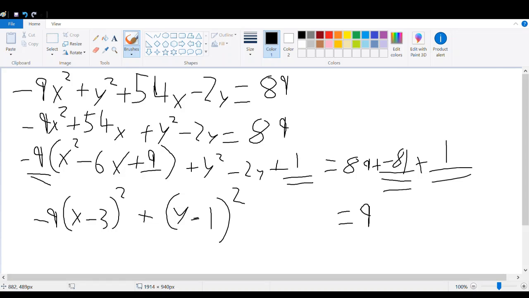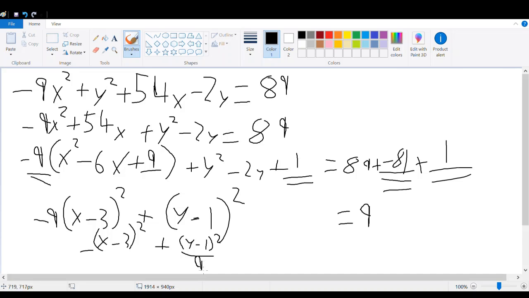That's equal to 9. So I'm going to divide the whole thing by 9, because if you remember, we did actually do this last time, to get negative x minus 3 squared plus y minus 1 squared